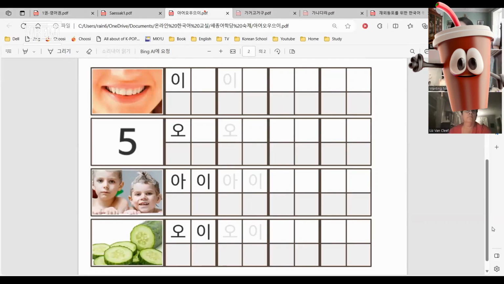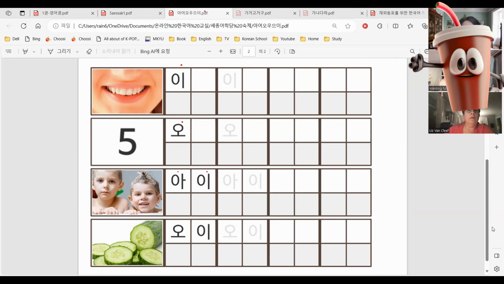Can you remember? E. Yes. The first one is E. E is tooth. Teeth. And O. O is number 5. And